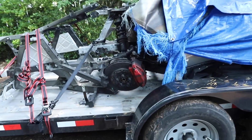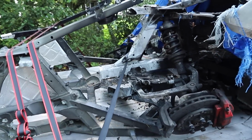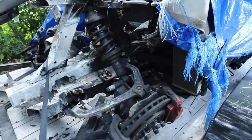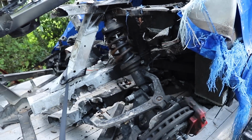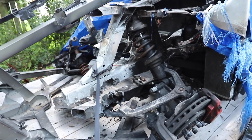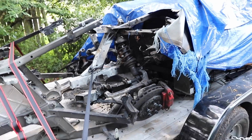Alright, just made it to the shop. Huge day today. We got to try and get everything into the shop and start the teardown of this process. That's one of the first things I need to do. I need to look at the fuel tanks so we can talk with the guys about the fuel system, make some game plans there. But yeah, first things first, we got to try and get this thing off the trailer